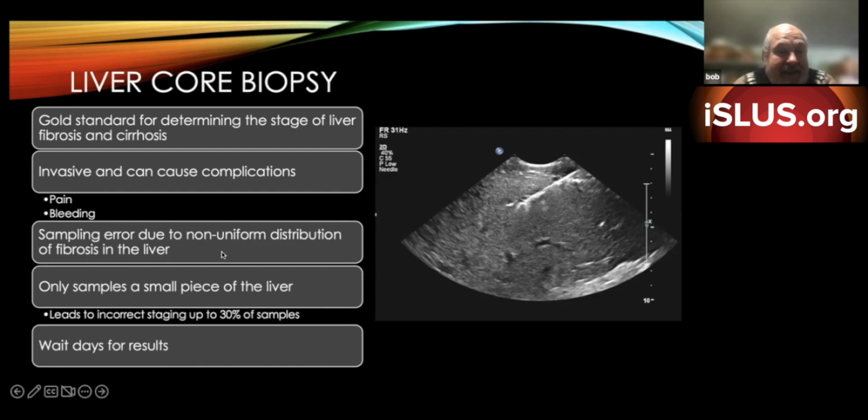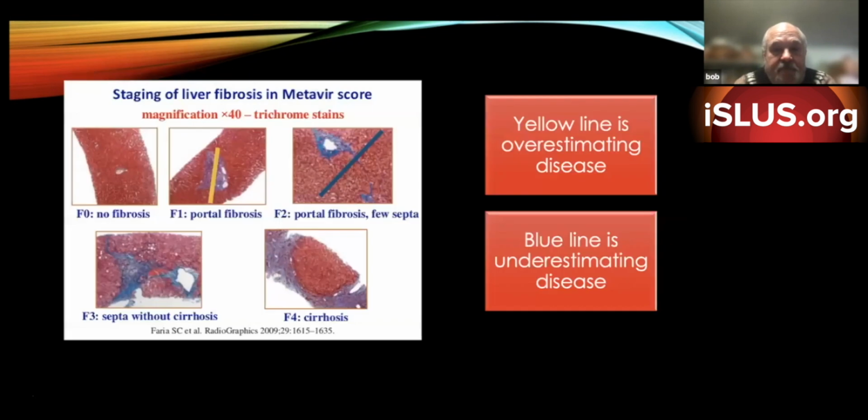And of course, it's not perfect. There is some sampling error because this fibrosis is not uniform through that liver. We're just taking a chunk of liver right here, and whatever fibrosis and normal tissue we go through is how they're going to make their decision. So I've seen literature that says up to 30% of samples result in incorrect staging, either higher or lower than it should be. And this is why. Here's the fibrosis here in this liver sample, all the red's a nice